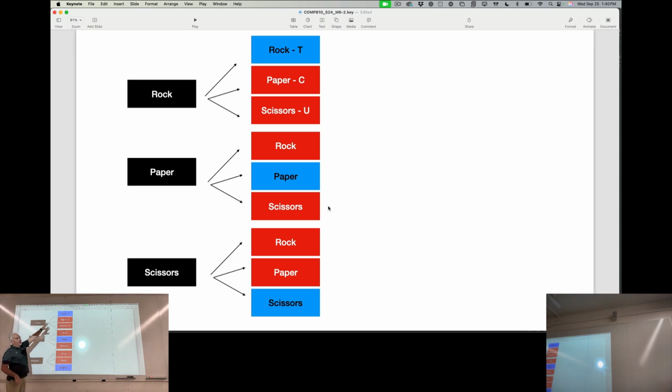If the user chooses rock, the computer chooses rock, it's a tie. If the user chooses rock and the computer chooses paper, the computer wins. If the user chooses rock and the computer chooses scissors, then the user wins, right? And so there are 9 different possible combinations, 3 times 3, that you have to account for. But there's a shortcut where you don't actually have to account for all 9,